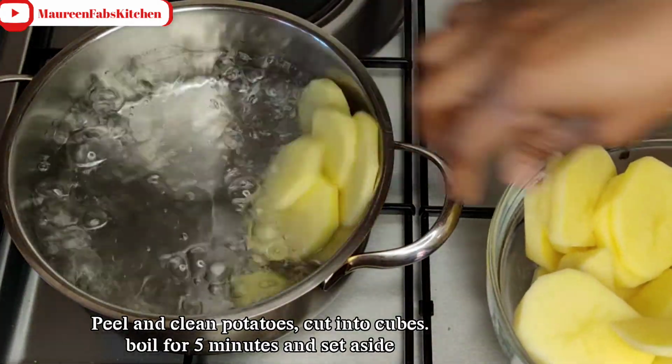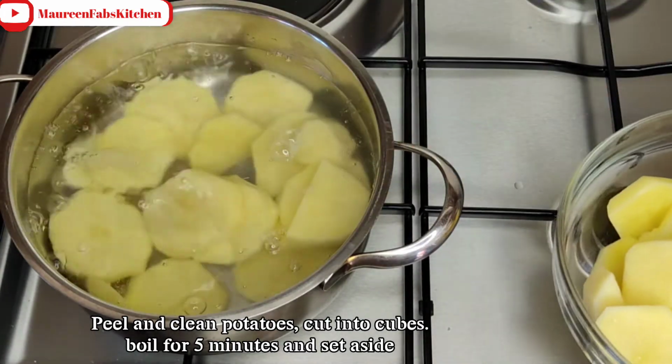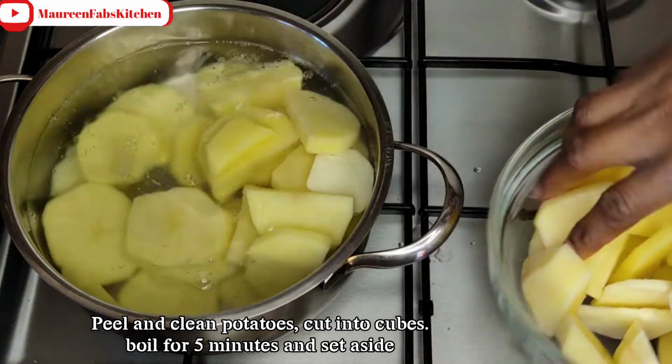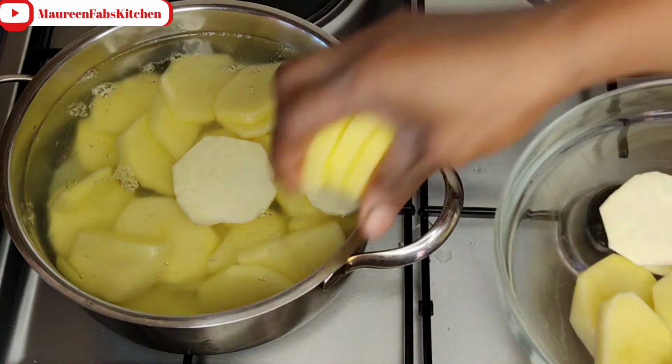So these are the few ingredients that I will be using to make this yummy and delicious meatball with potato. So guys, just relax and watch the video till the